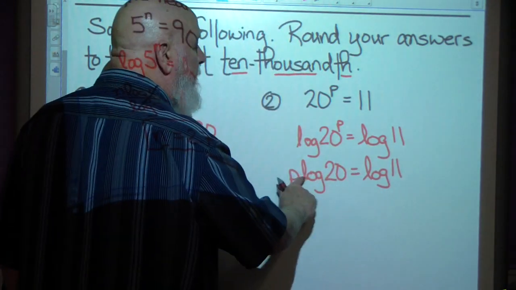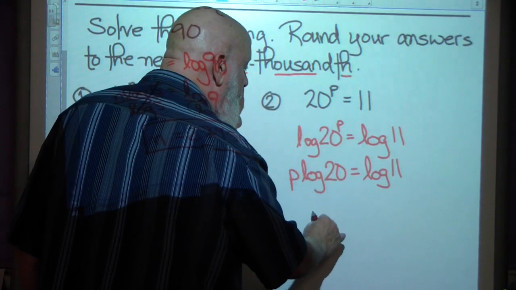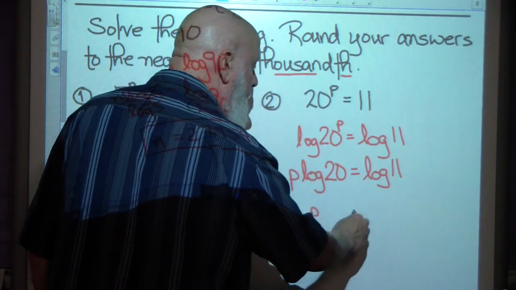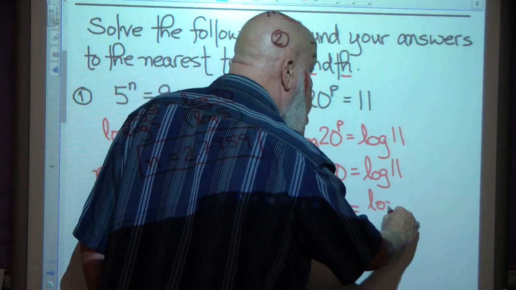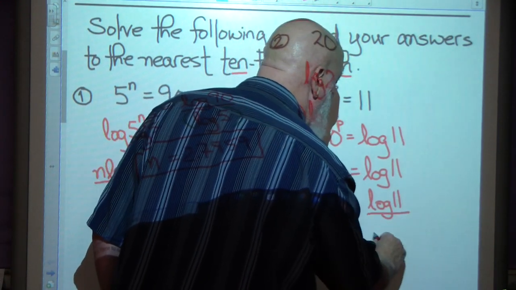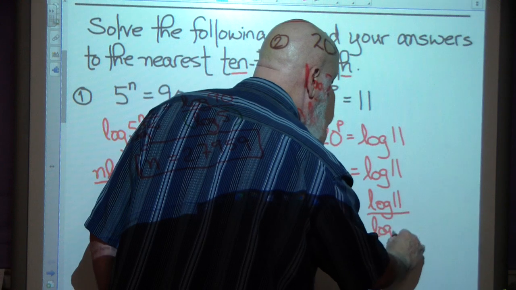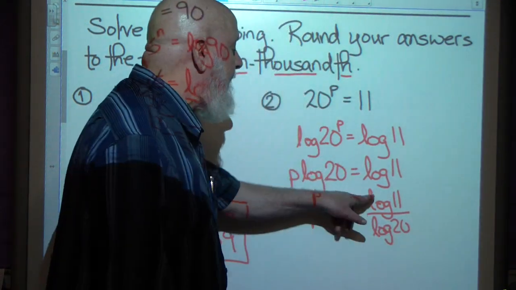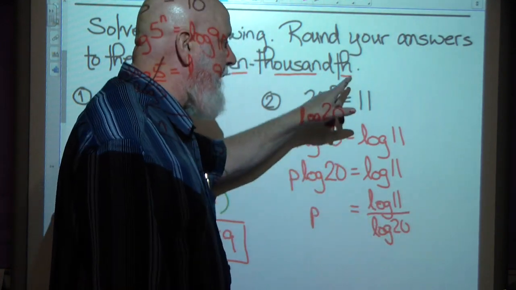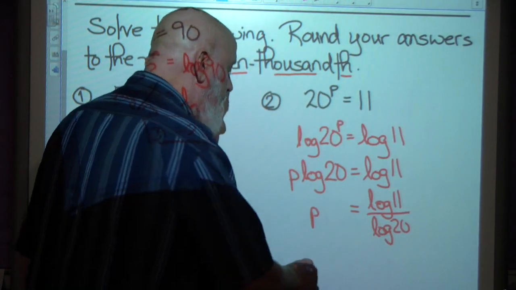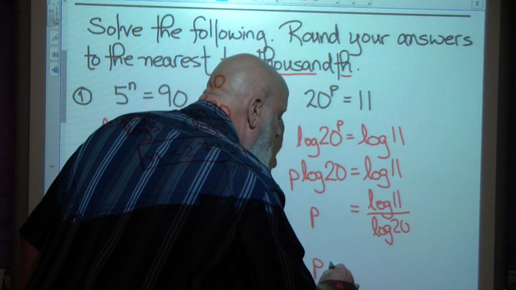Then I solve it for p. I'm going to divide both sides by the log of 20. If I divide this side by the log of 20, I get p equals, dividing this side by the log of 20 gives me log 11 divided by log 20. Gives me a fraction. This is the exact value of p. If I raise 20 to this value, I'll get exactly 11. But I want to round it to the nearest 10,000, so I'm going to